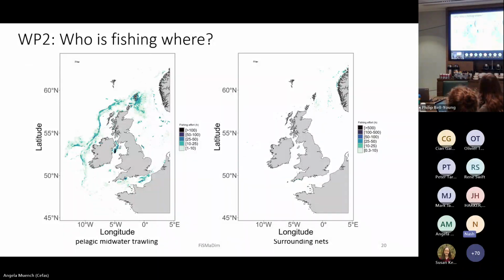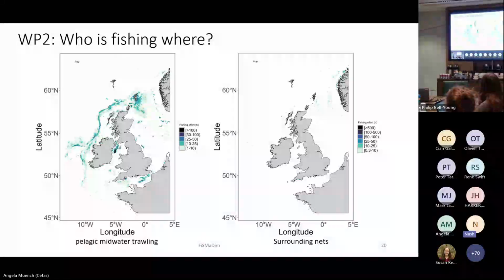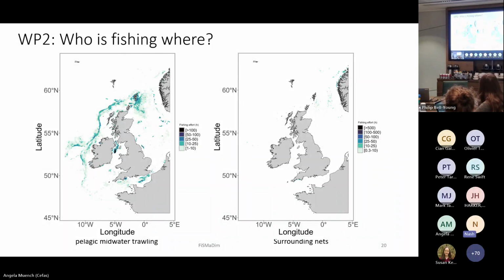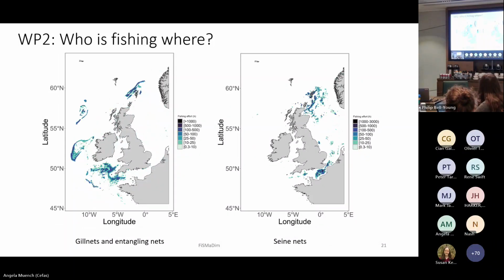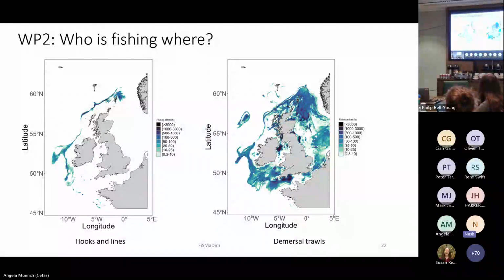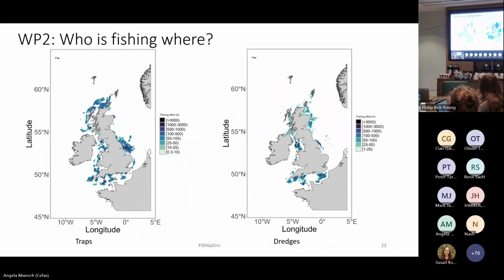After going through this process of iteration with the project advisory group, we have now grouped fishing into 8 main gear categories. So we have pelagic midwater trawling, for example, surrounding nets, gill nets and entangling nets, seine nets, hooks and lines, demersal trawls, traps, and dredges.